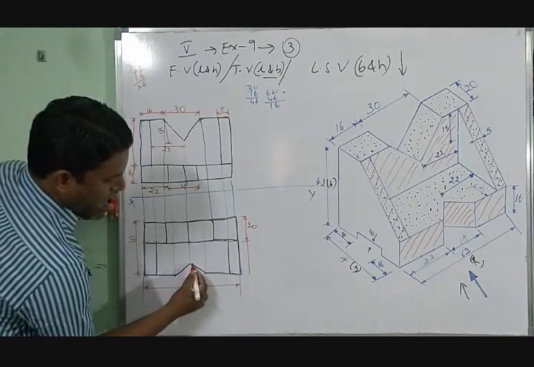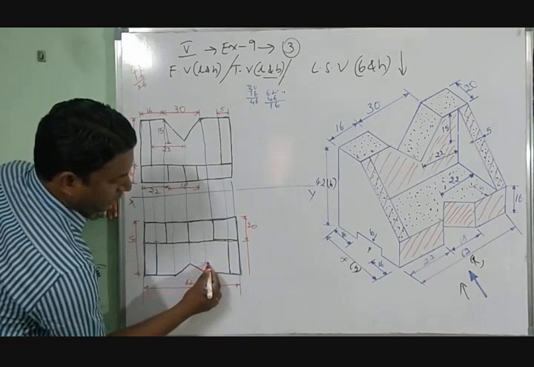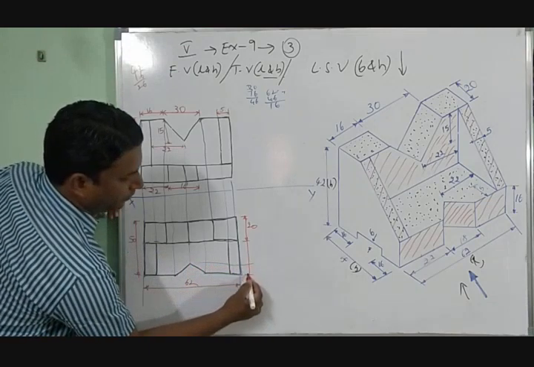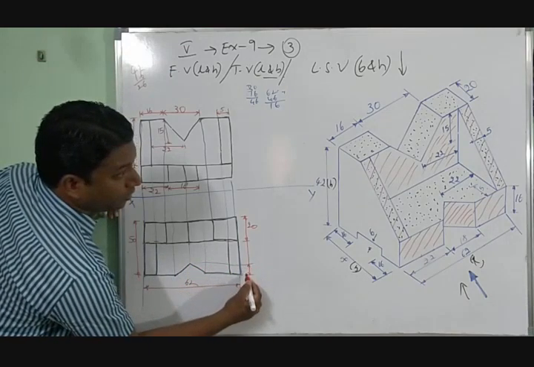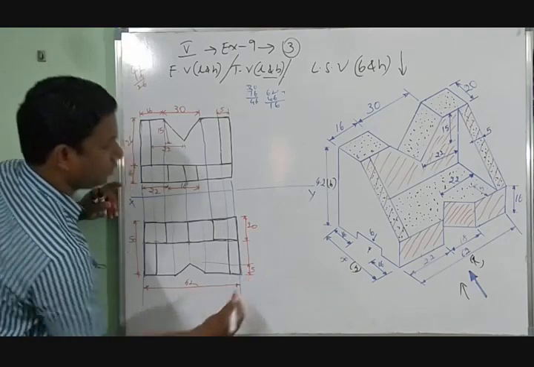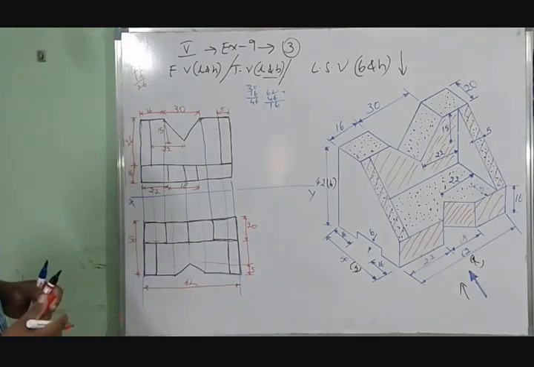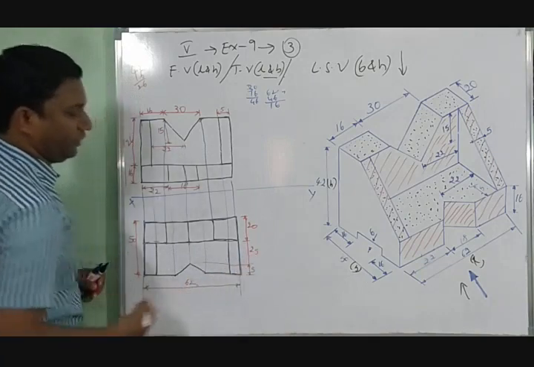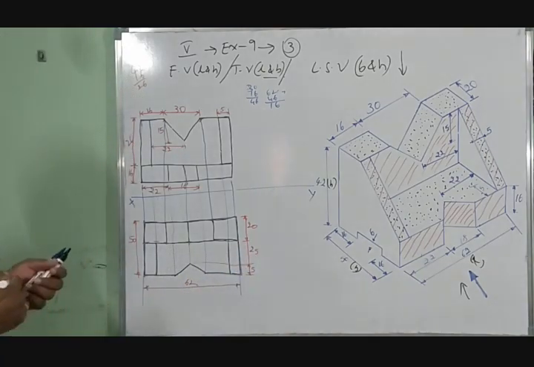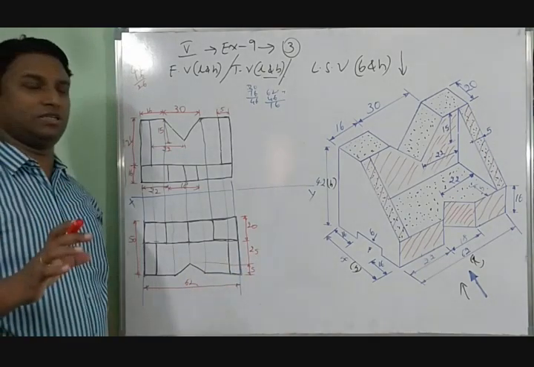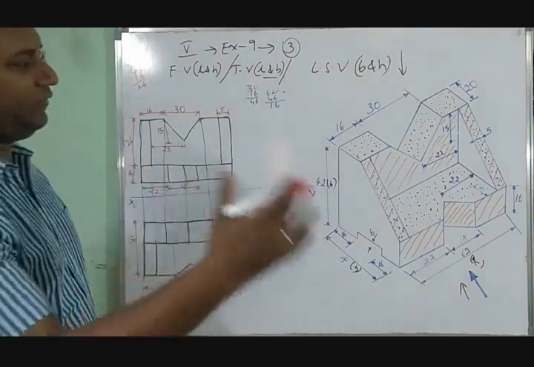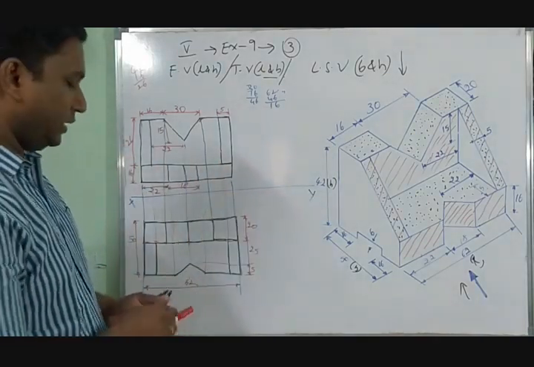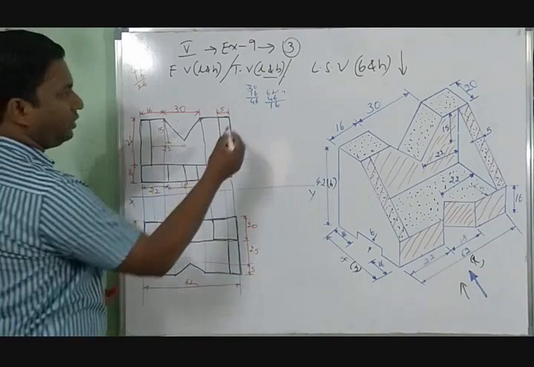But here try to show this, right, which is at 5 mm. Sorry, 20, 5 mm. Now what will be the remaining here? 25 means here it will be 25. See, these are all simply your analysis of viewing it from different places, right? That is about your front view and top view.